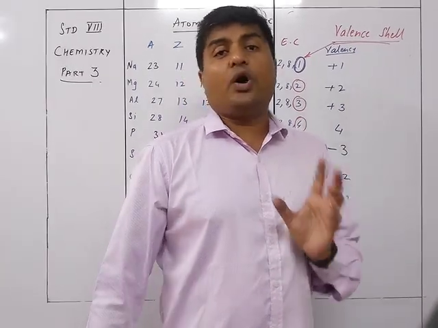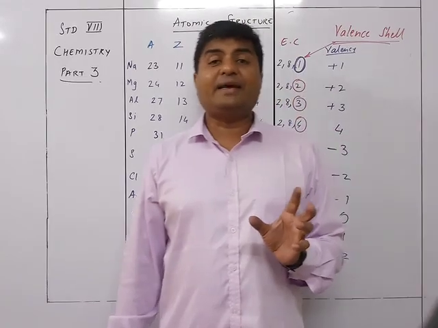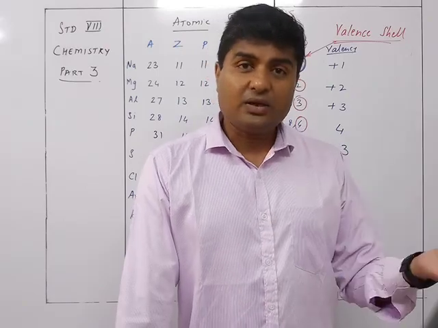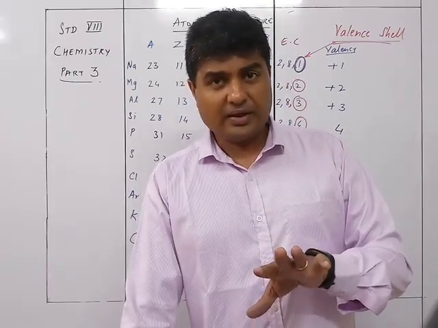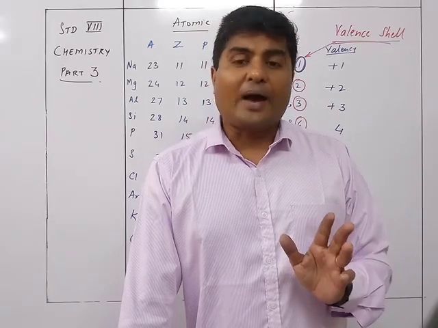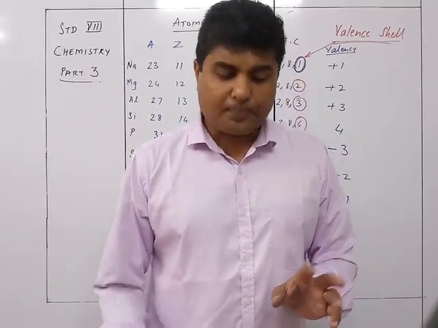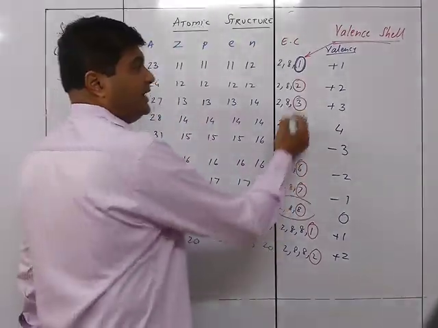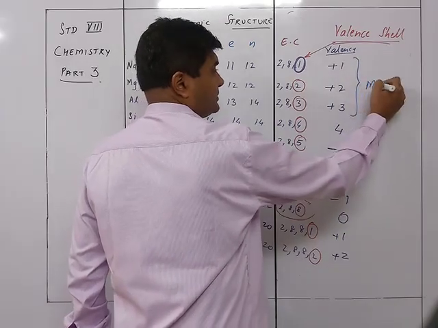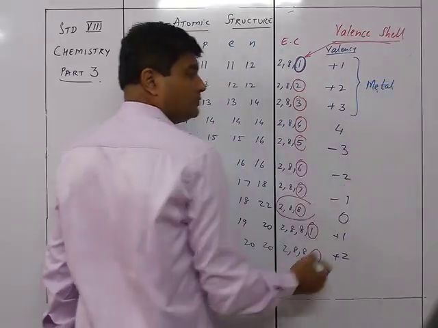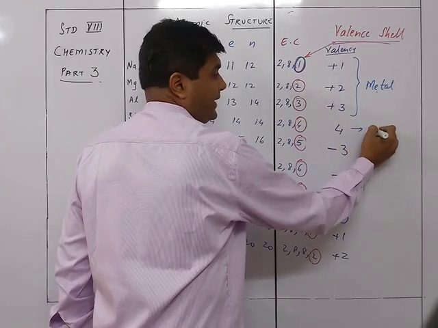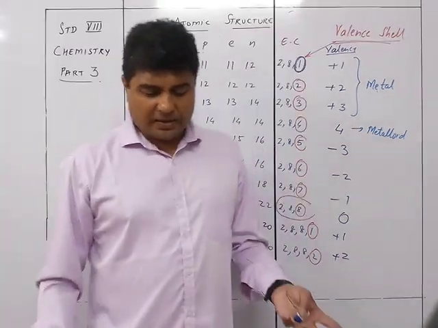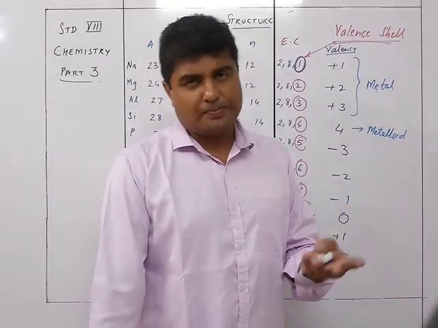Now this valency also tells you one more important thing, and that is the nature of that particular element, whether it is metallic or non-metallic. Okay, a metallic element will be one which has got a positive valency. The one with a positive valency, that is plus 1, plus 2, plus 3, will be metals. Accordingly, we'll see that these three are metals. This is a metalloid. Okay, it's a metalloid. Means partly metal, having some properties of a metal and some properties of a non-metal.